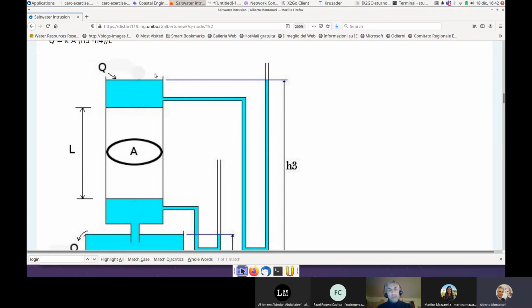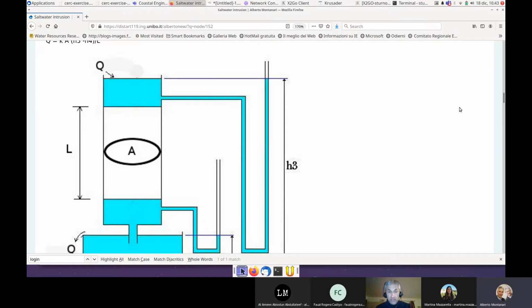Above the medium, which is a permeable medium, we have a column of water, and I keep the height of the free surface of this column of water constant. Given that some water is infiltrating through the medium, I need to refill this column of water continuously to keep